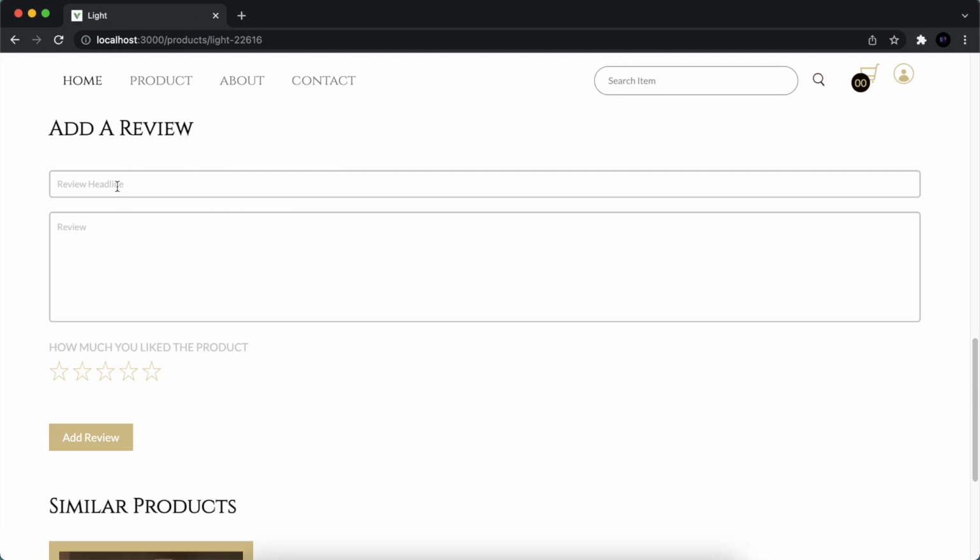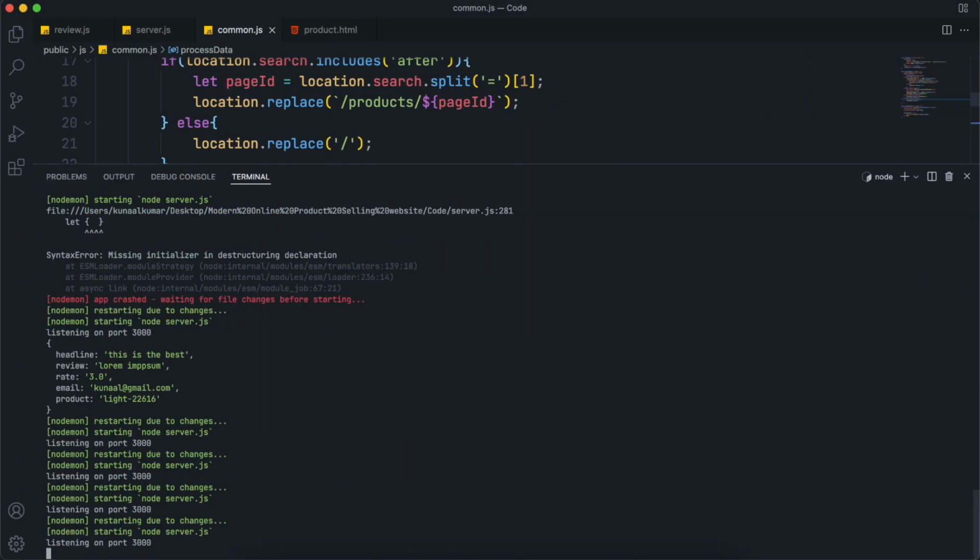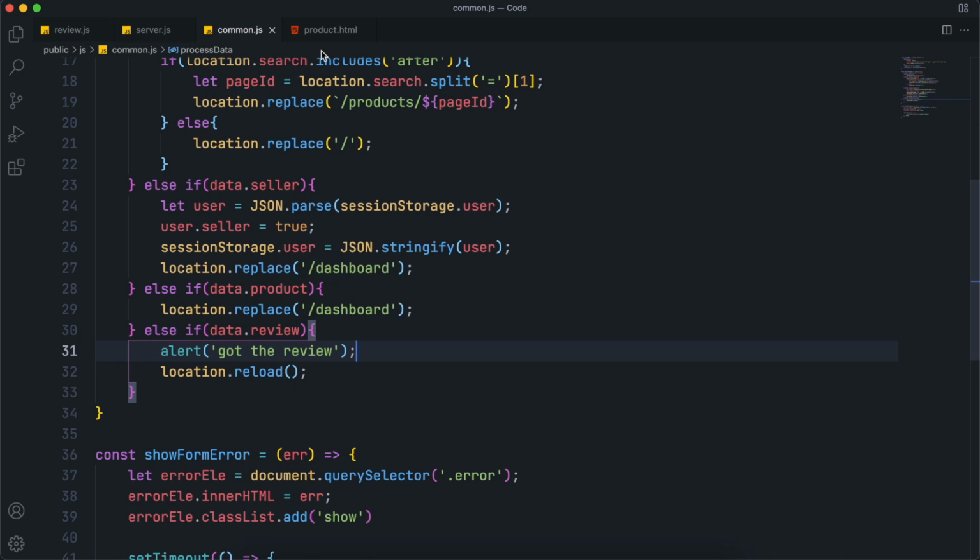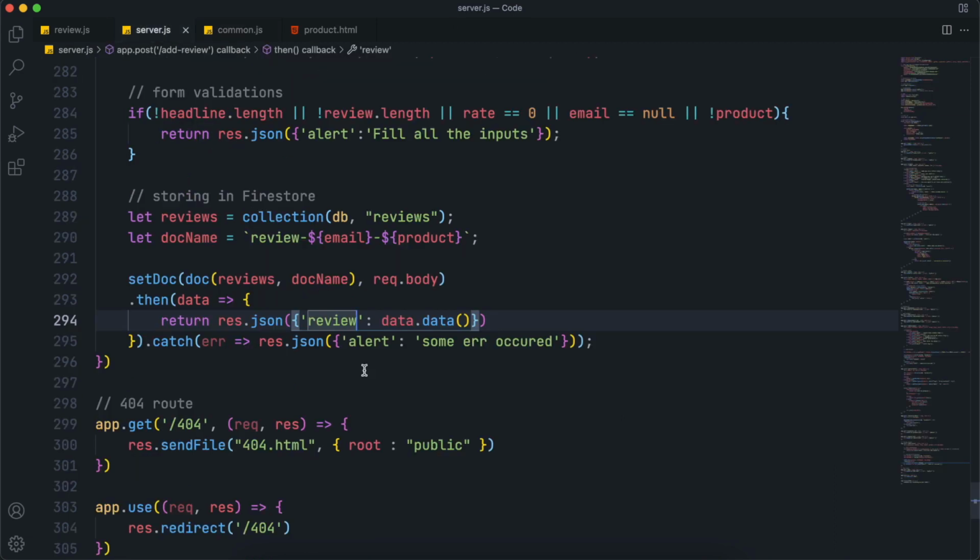And if I fill the form now, let's click on the button. Okay, it's not showing the alert pop-up. There is some error. Let's console log the error here. So add curly brackets here, and before the response.json, console the error.